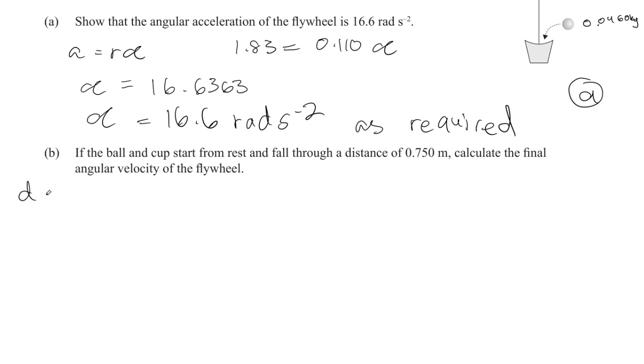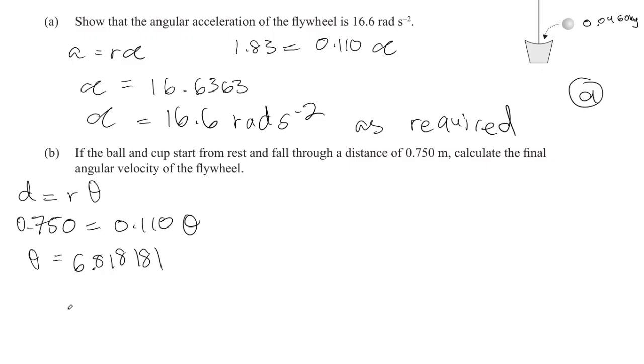So we've got distance equals radius multiplied by theta. We've got 0.750 over here, and then we've got 0.110, so theta equals